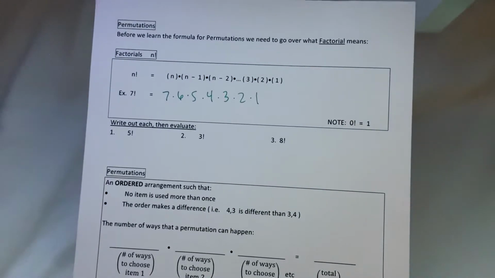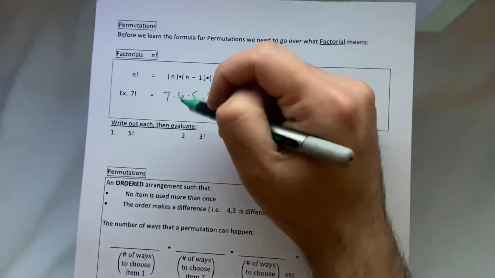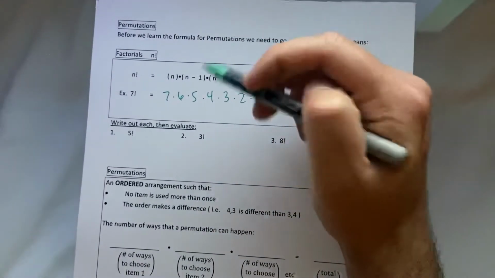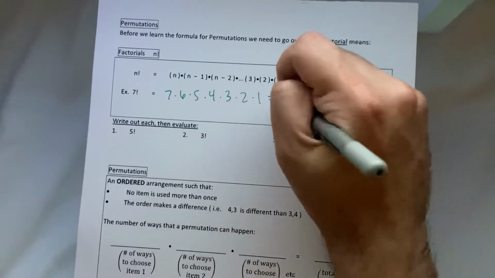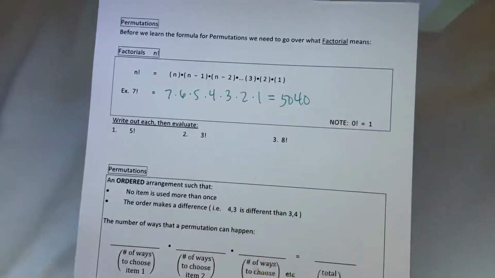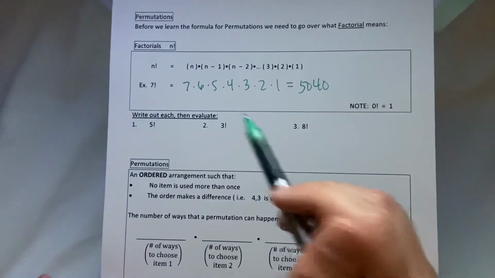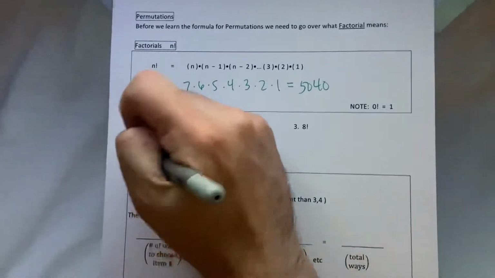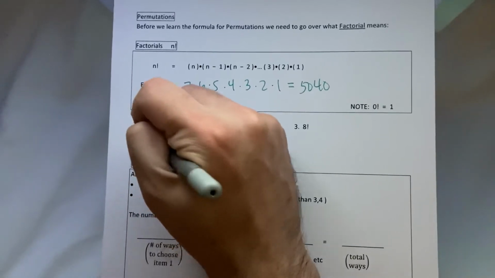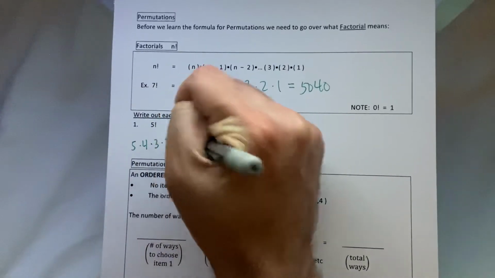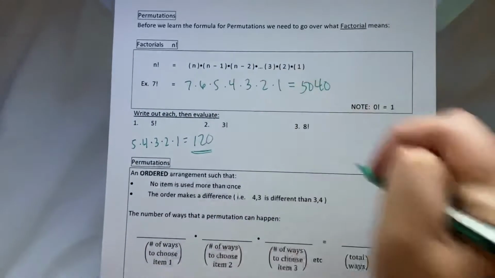It's a lot of numbers. It gets out of hand very quickly. If you look at this, this is already 5,040, and we only started at 7. So write these out and evaluate. I'm going to do one of them. 5 factorial is 5 times 4 times 3 times 2 times 1, and it's 120, but I'll leave the others